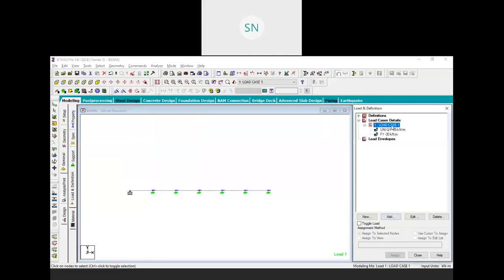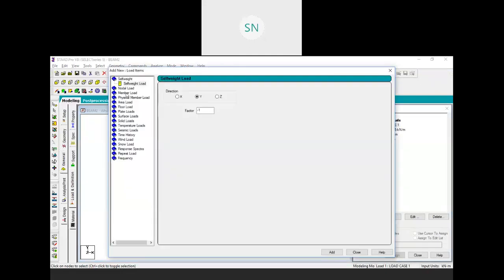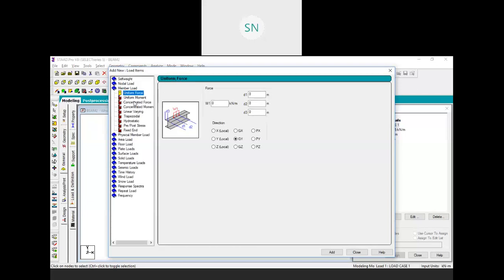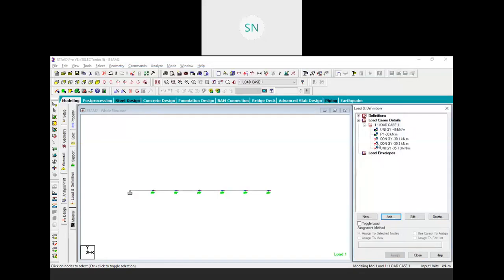So click on load case, add, again member load, we have concentrated force over here, minus 30, and the d1 will be 1 meter, add, then one more at 3 meter, add, and uniform force minus 35 from 1 meter to 3 meter, add and close.